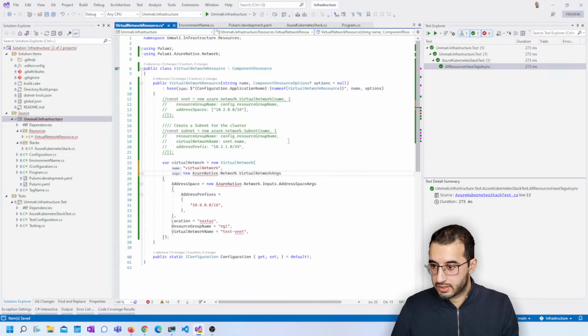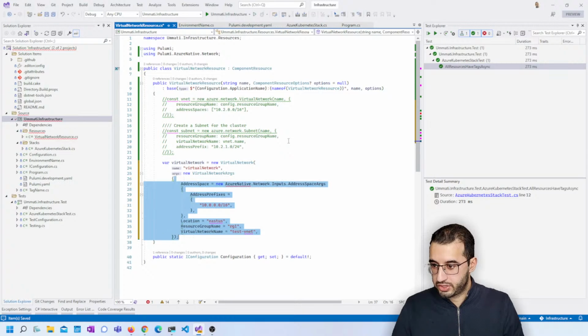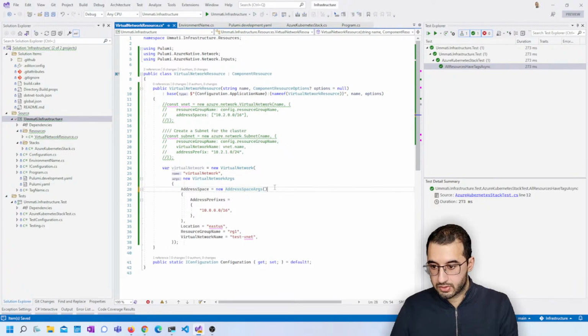We'll come up with our naming convention in a second. We'll add that. And we also need that namespace. And then in our address prefixes, I'm just gonna go with 10.0 because I think it's just easier to remember. For some reason they had 10.2 in the example that they showed. The location, I'm gonna choose